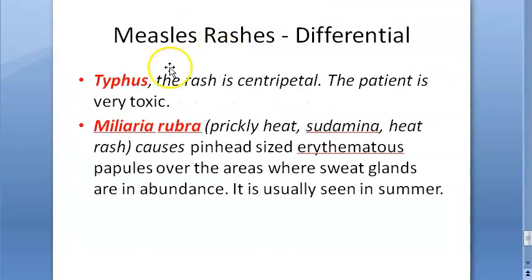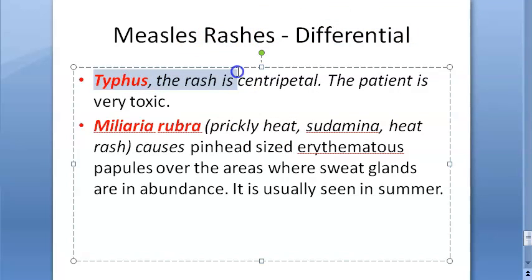So what else? Oh, still it's there. Typhus. The rash is centripetal. The patient is very toxic in typhus. Let's look at this. So this is caused by what? There are so many types of typhus actually. Epidemic typhus, which is louse-borne typhus. Then which typhus are they talking about here? And here they are blaming the bacteria which is causing it, that is rickettsia. So this rash is centripetal. Petal means what? It is trying to move to the center.